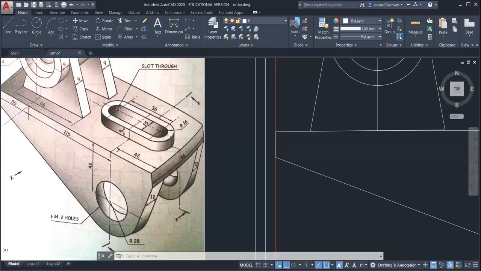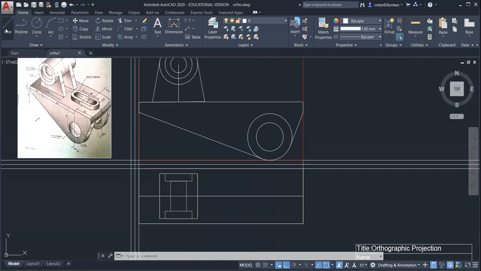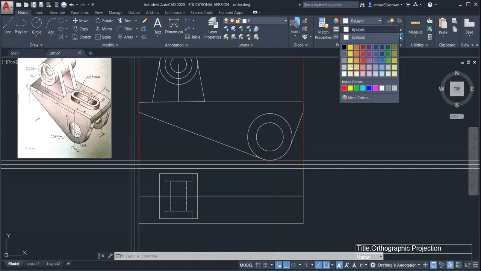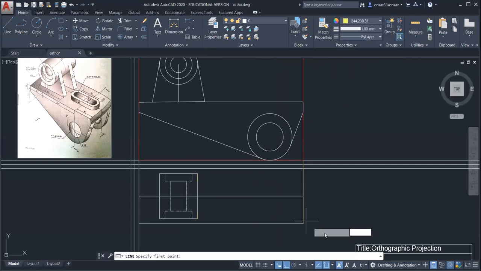So we should draw this axis line at 42 mm so that we will get one reference. And from this axis line, you can take the distance 18 and 18 on both the sides. So you can find out the center of this semicircle. In the top view, you can select a different color for the reference line.